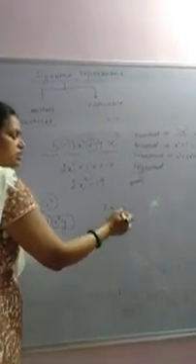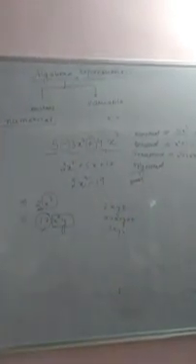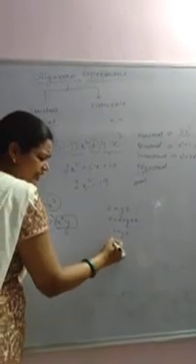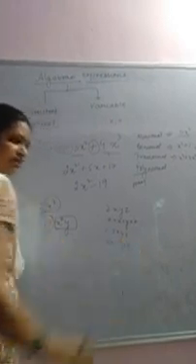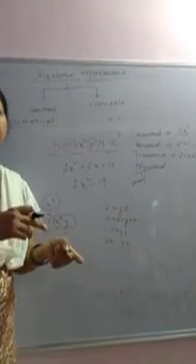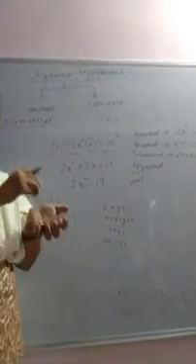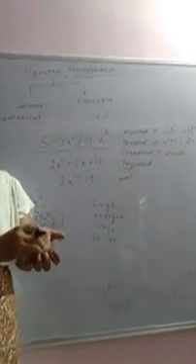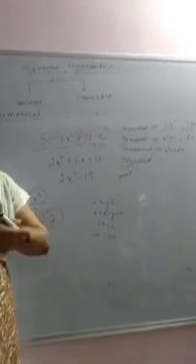So 2, x, y, z, these all are the factors. Apart from this, we can say that 2x and yz is a factor. The writing way could be different. Either we can write 2 into x into y into z or 2x into yz like that. So that is the thing.